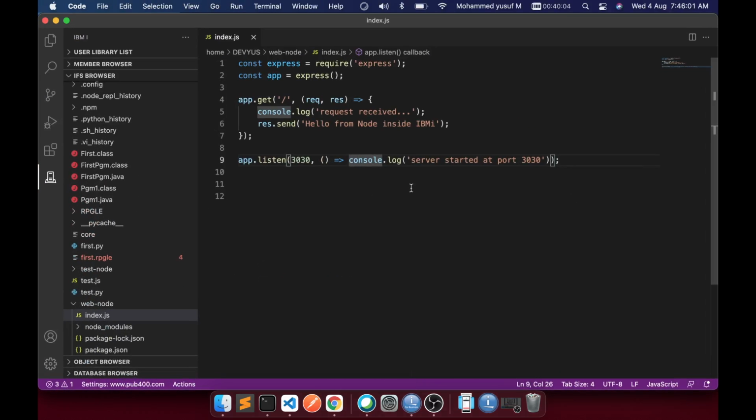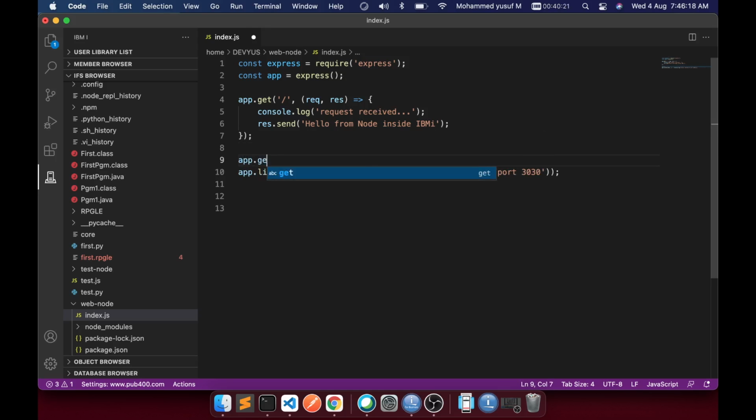But later you can use all the features of the VS Code when it comes to JavaScript development, okay. So you can have plugins and then code formatting and IntelliSense and everything. So see, I want to create another endpoint, so I just say app.get, let's say welcome, let's say welcome sir, hello.